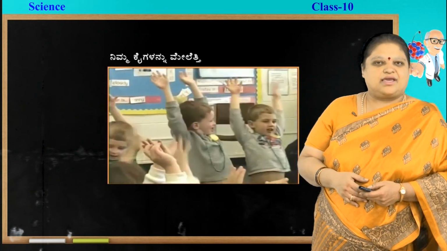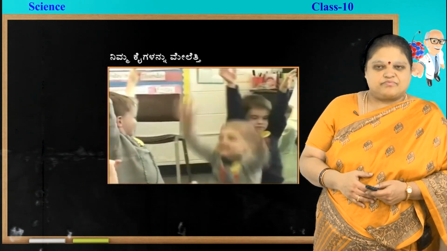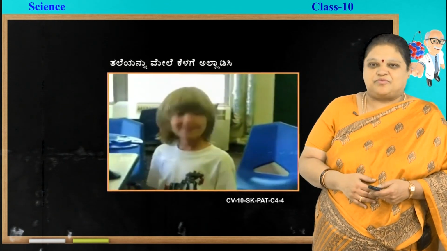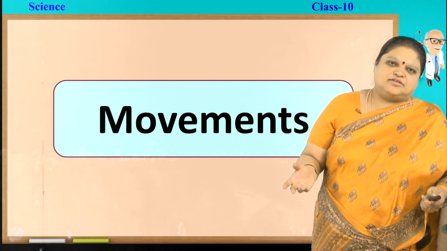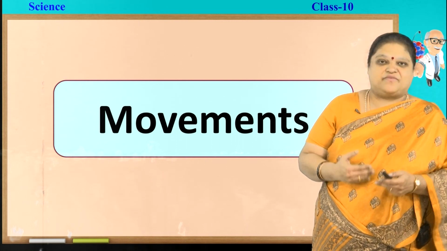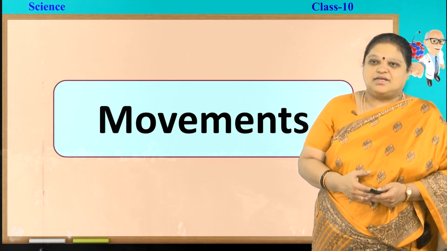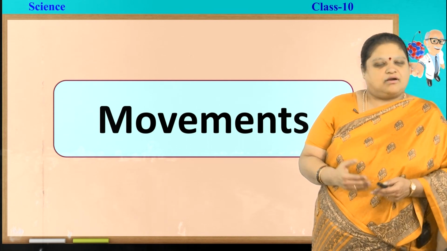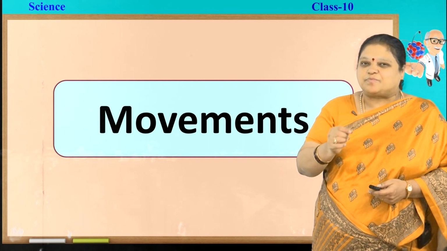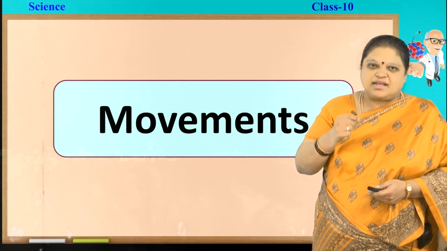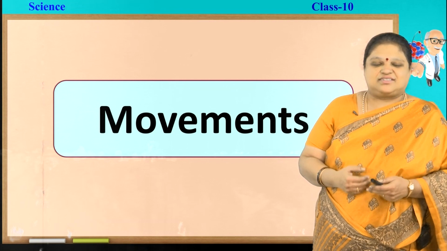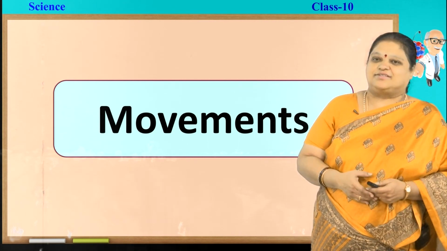Here children are playing for the sake of entertainment. You can see that they are lifting hands, shaking their heads, etc. It is another type of movement that you are seeing. So, you find so many types of movement. It may be for hunting, for escaping from the enemy, it may be entertainment, it may be for the sake of growth or many other purposes. So, today we will be studying about some specific types of movement mainly meant for growth purposes. How does this movement take place, why does it take place, and other details of it.